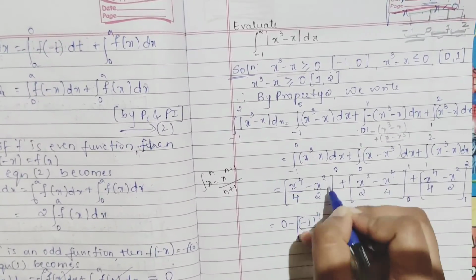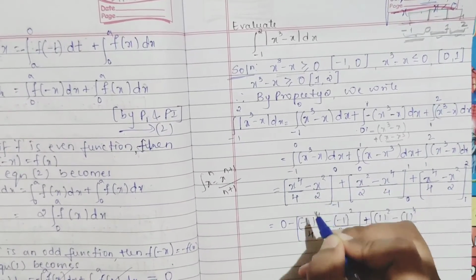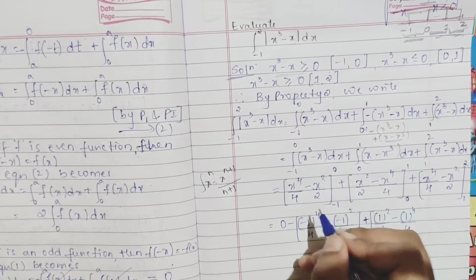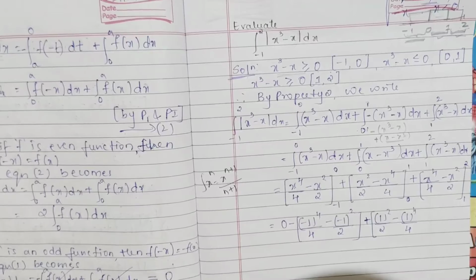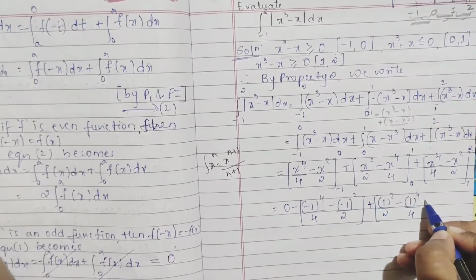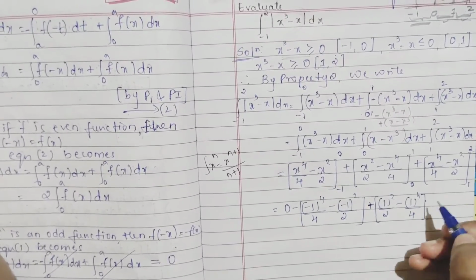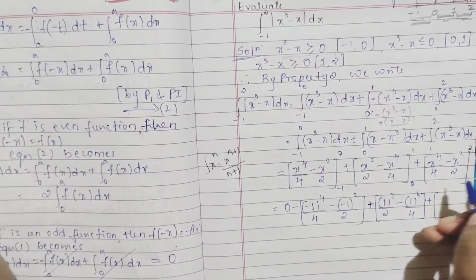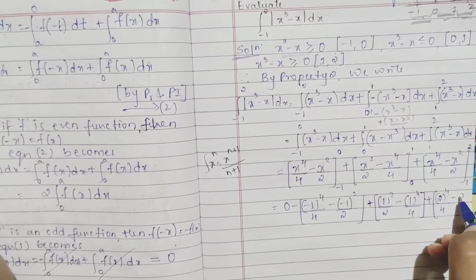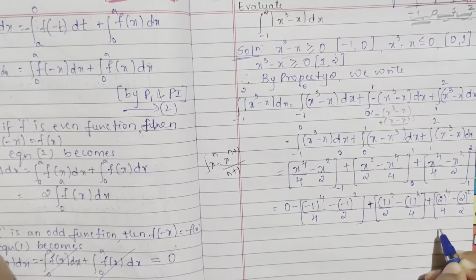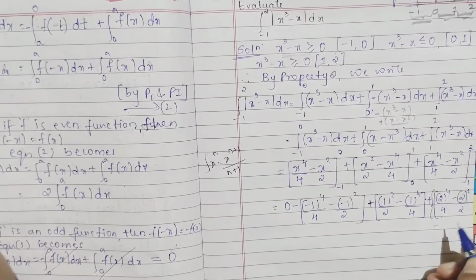See, for the whole thing you have to first apply one limit, then another, okay? Don't apply 0 first, then here 1, again here 1, here 0, that is wrong, okay? For the whole you should apply 0, for the whole you should apply 1. Then you have minus, this term is 0, so it's okay if we don't write it because everything is 0 only. Then again plus, you have 2, so it will be 2 raised to 4 divided by 4 minus 2 square divided by 2. This was for your 2, again minus, take your flower bracket.